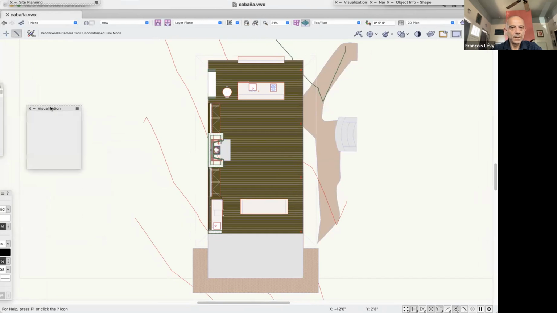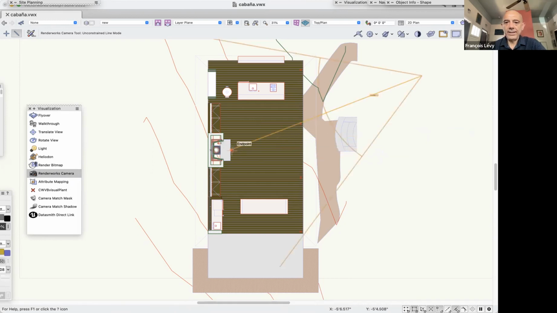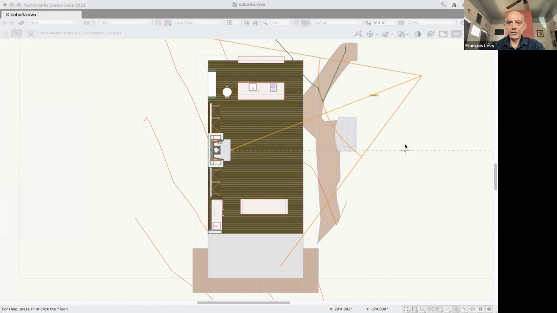As I was saying, here's my Renderworks camera, and I'm going to pick a spot here, click and drag, and point at whatever it is that I want to look at, and Vectorworks will go ahead and drop that camera in. Now, if I go to here, let's see. Turn on my